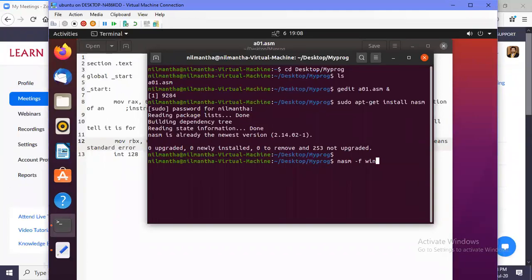Otherwise, if your version is 32-bit, then you must specify that it is being assembled for a 32-bit processor and registers.